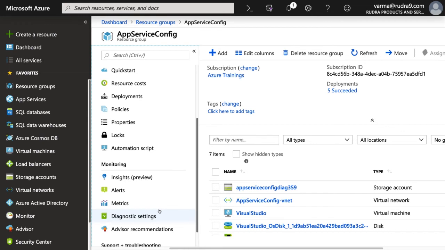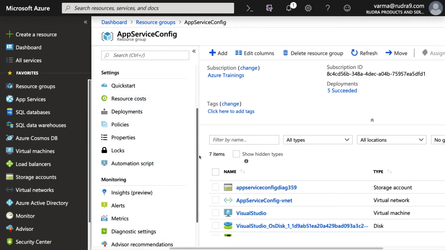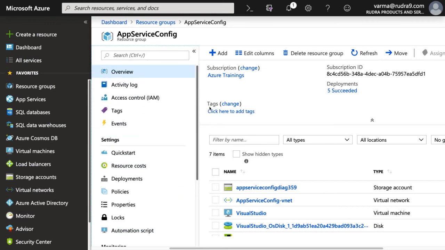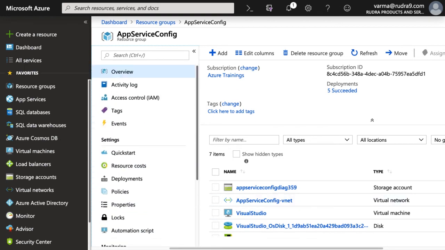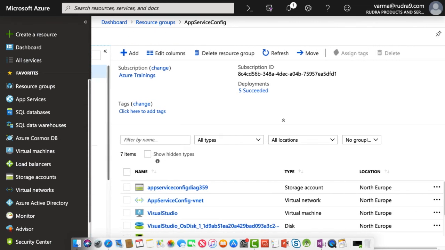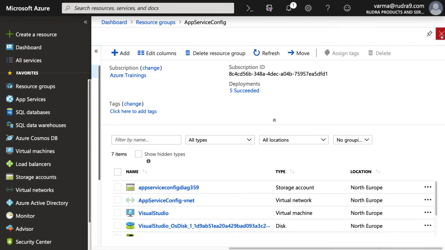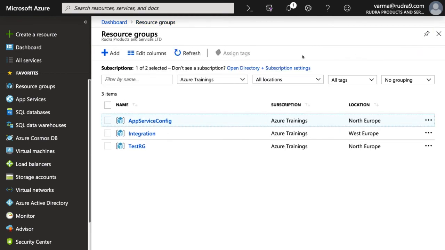So there are a lot of things that you can see against a particular resource, not only resource group, but against any particular resource. And these menu items will be different for different resources. So for example, for VM, the configuration settings will be different when compared to a database, isn't it? So this particular menu will get changed based on the resource type. Okay. So this is all about resource groups. I know I went very quickly, but believe me, we will go through these things many times throughout this course. So don't worry about it at the moment. Let's see whether the tags came. No.